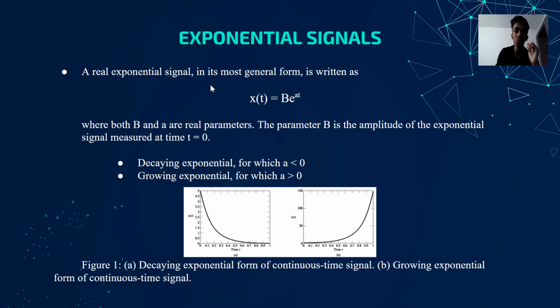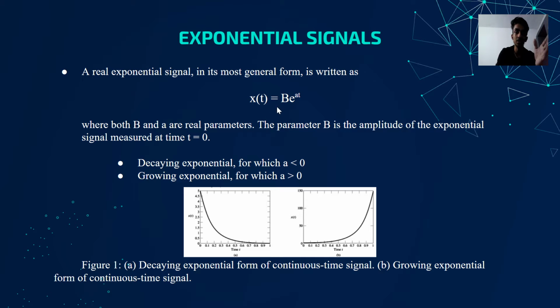Now a real exponential signal in its most general form is written as such. So x of t is equal to b e raised to the power a t. Here b and a both are real parameters. Now this parameter b is the amplitude of the exponential signal, which is measured at time t equals 0, because this will become 1. Now based on the sign of parameter a, whether it's negative or positive, we'll have